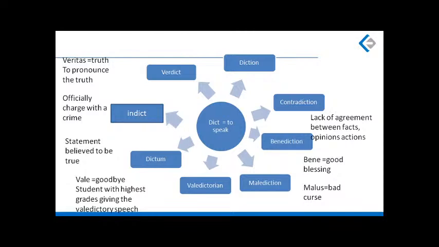Verdict means to pronounce the truth or the final decision. The same veritas gives you a word, verify. Everybody knows verify: to cross check. What do you cross check? You can only cross check